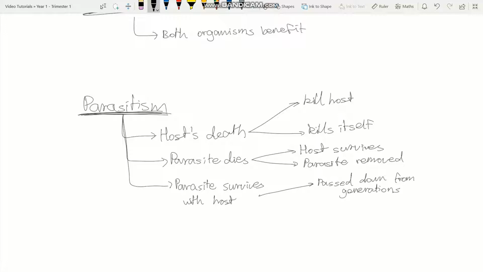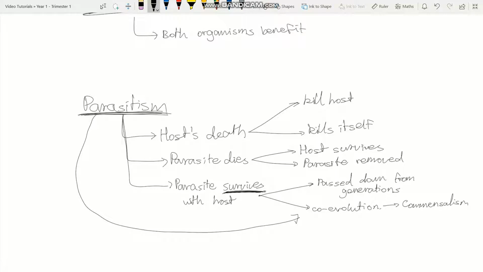The interesting thing in this relationship is that as the parasite allows for the host to survive and live, eventually the host and the parasite go through the process of co-evolution. So eventually, the parasitic relationship, in fact, turns into a commensal relationship, or commensalism. Because after many generations, the parasite, although it's taking away nutrients from the host, is actually allowing for the host to survive and therefore is able to live with the host with minimal benefit to the host, but at the same time, great benefit to the parasite.